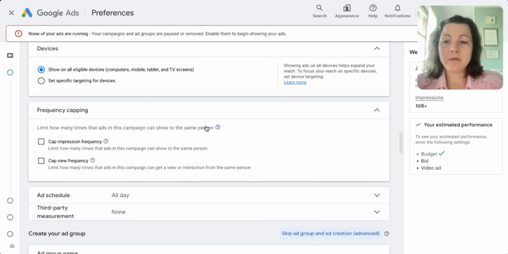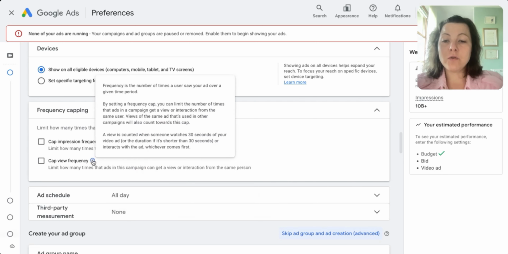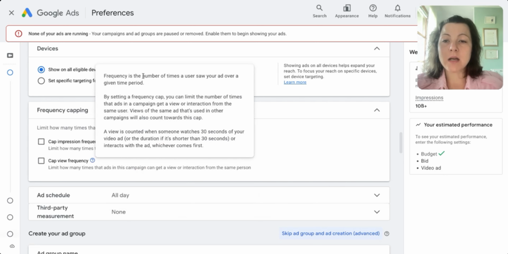Frequency capping, very, very important. We have the cap impression frequency and cap view frequency, right? So impression frequency is the number of times a user saw your ad over a given time period, and the view frequency is the number of times a user